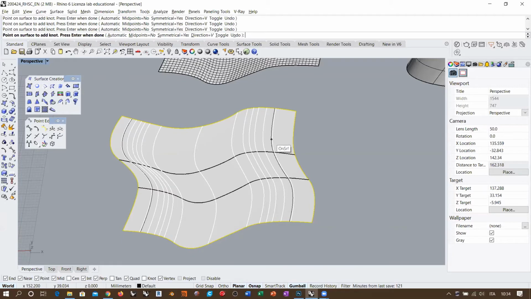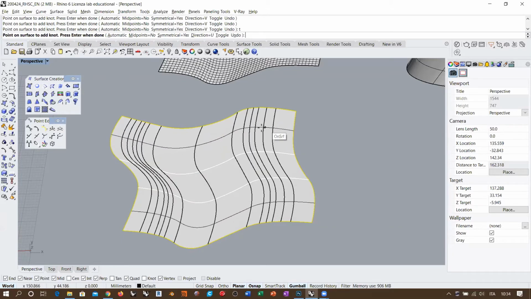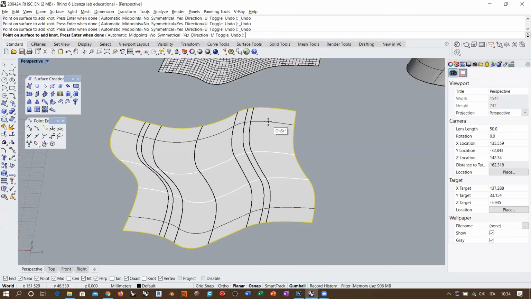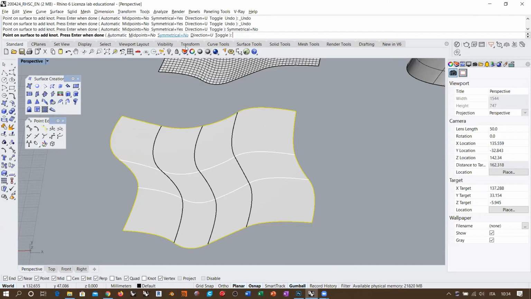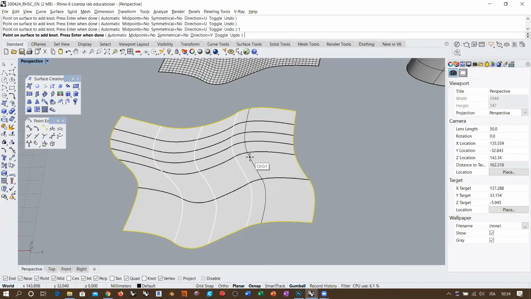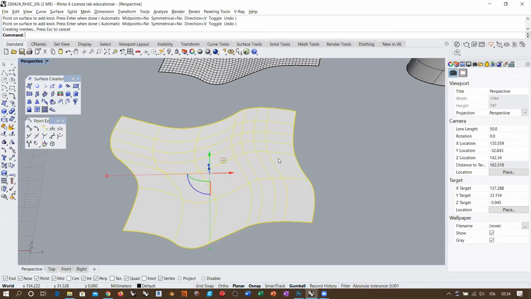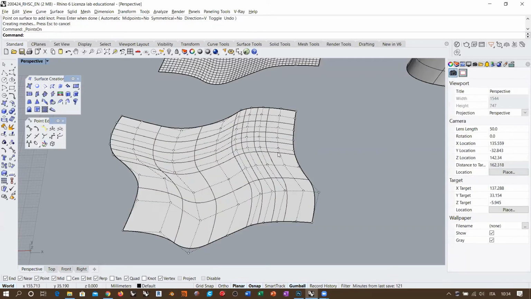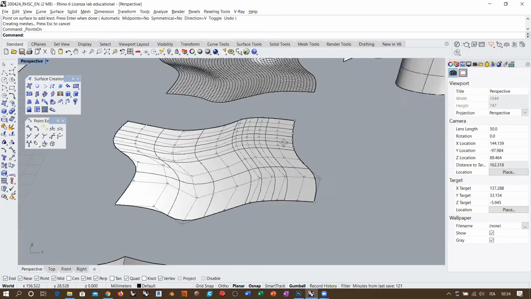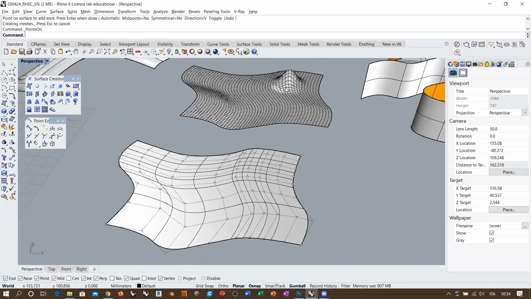You see that the surface stays basically identical to the original one. Oh, I was using symmetrical. I don't need symmetrical in this case. So I'm going to add some knot line here, toggle, some knot line here, and I have the necessary control point structure. And if I want to create a bulge, more or less like this one, what do I have